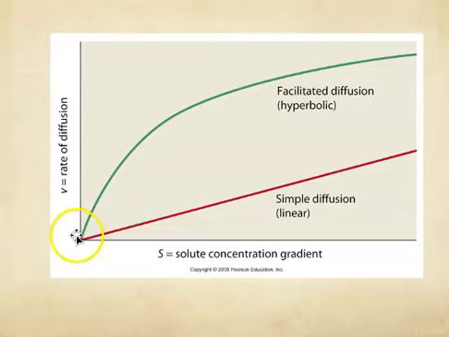In facilitated diffusion, we have a similar shape to the curve at first. We have a very steep linear shape early on. So as the concentration gradient gets bigger, the rate increases to a point. But then, unlike simple diffusion, the facilitated diffusion line flattens out. If you were to follow it a little bit farther out than this graph shows us, it would reach a